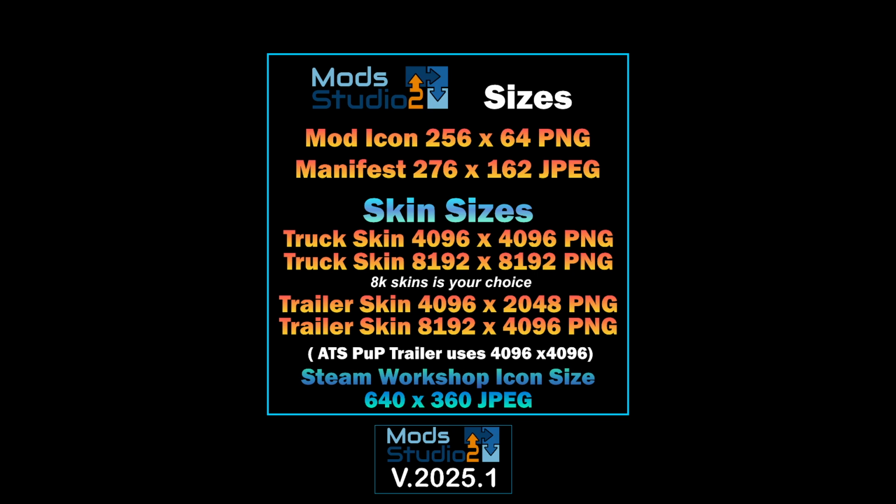Now the workshop one, you also use the same size for the pictures if you upload extra pictures for your skin to the Steam Workshop. So you create a couple of pictures at that size as well to upload to the Steam Workshop if you want to do it. So what we'll do is we'll go to